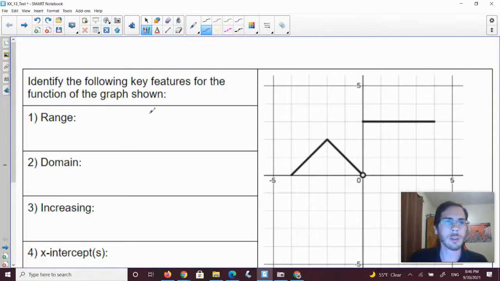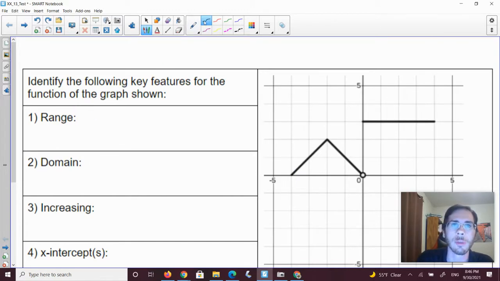All right, so this is number one. So first thing we're going to do is identify the key features for the function of the graph shown. So this one's a little bit weird. It's not like a nice parabola or anything like that. We've got this piece, which kind of looks like an upside down absolute value, and then we've got this straight line constant here. So the first thing we have to do this time is find the